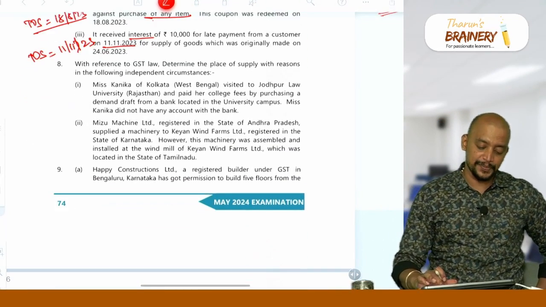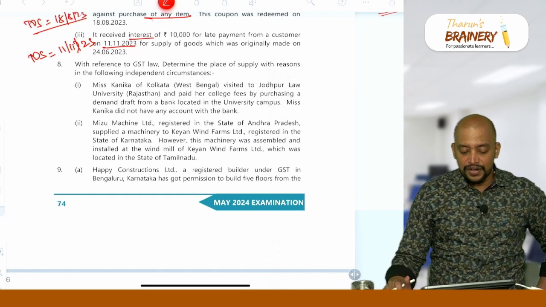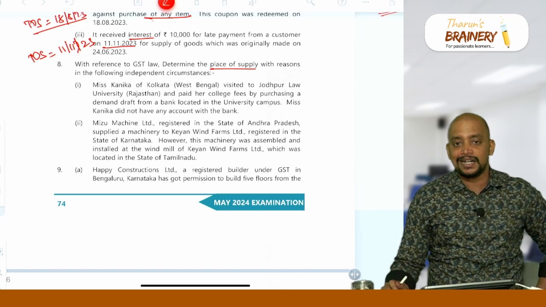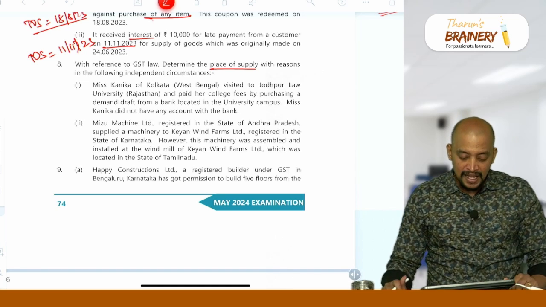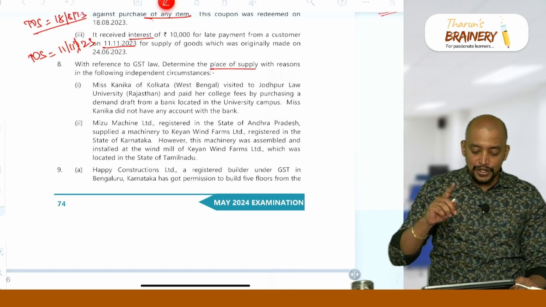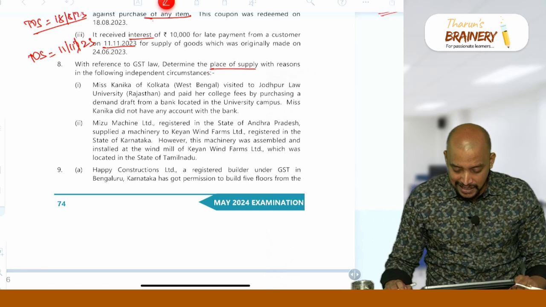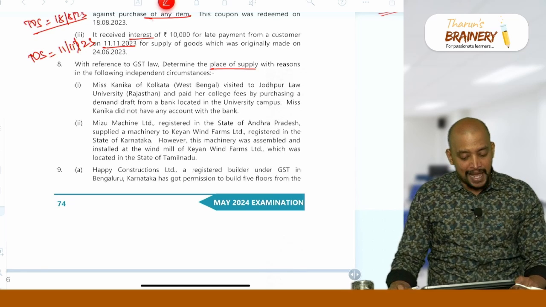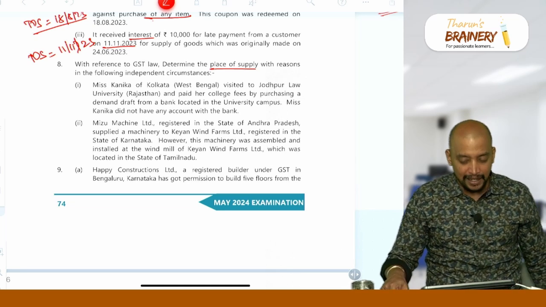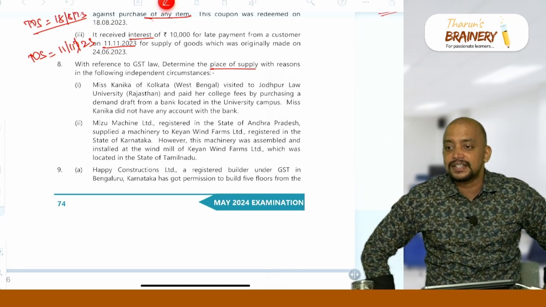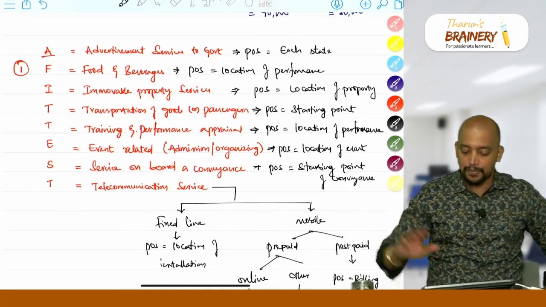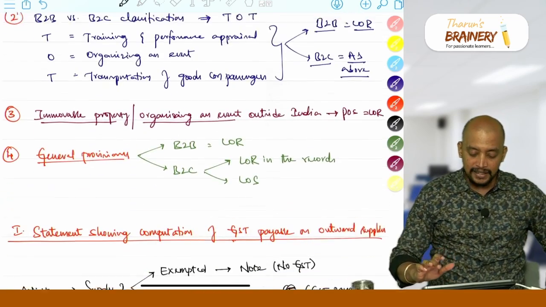The next one: with reference to GST law, determine the place of supply with reasons in the following independent cases. Place of supply, be careful. Miss Kanika of Kolkata, West Bengal, visited Jodhpur Law University and paid her college fees by purchasing a demand draft from a bank located in the university campus. Miss Kanika did not have any account with the bank. Banking services, did we discuss any specific provision? Banking services, whether we discussed any specific provisions? No. And therefore it will be